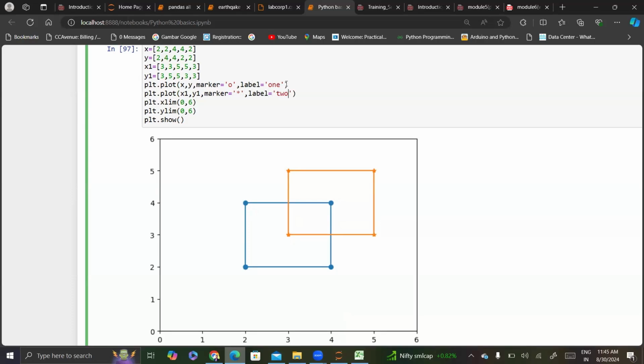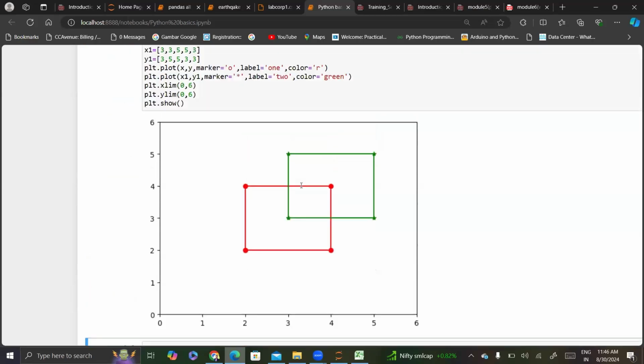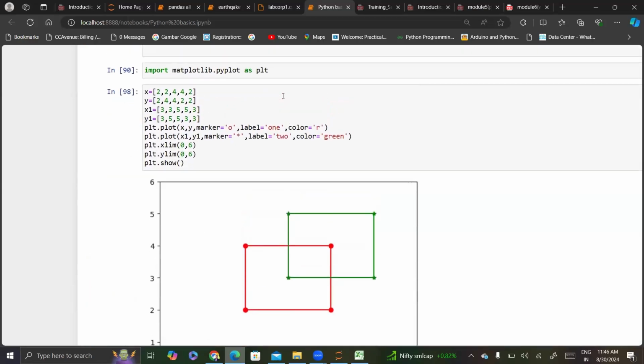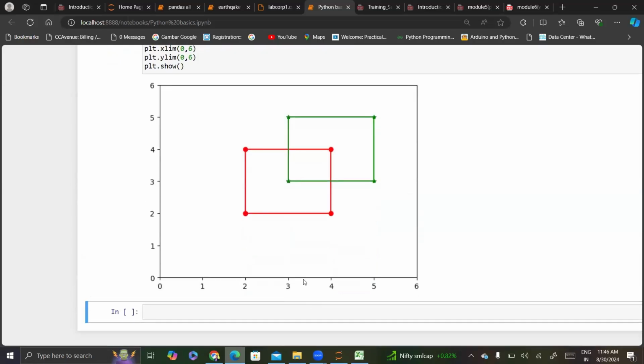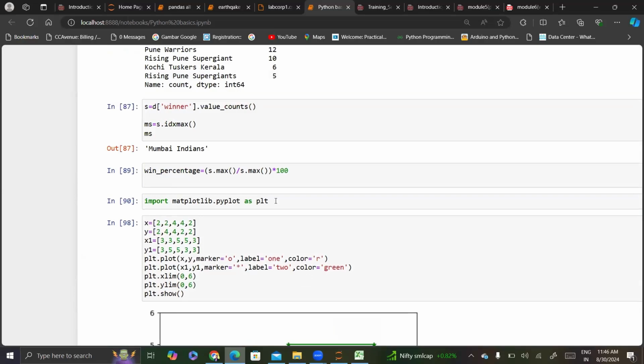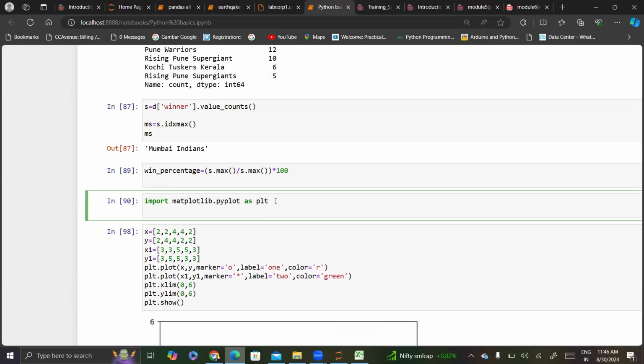Yeah, and you can change even the color. Yeah, can you see that? And if you want to label, like X label, Y label, you want to write anything, you can do that. And one more thing, see,